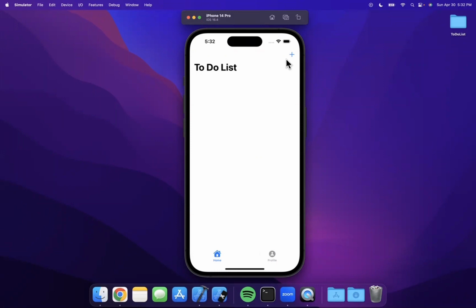In this video, we'll continue particularly working on presenting something when we tap on this plus button to create a